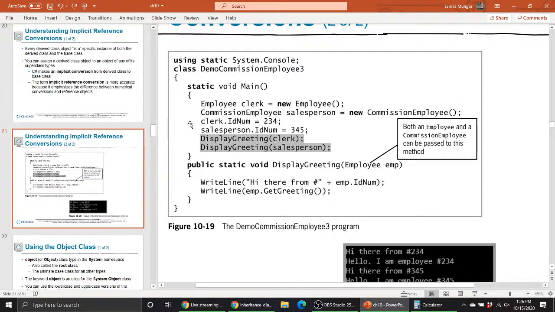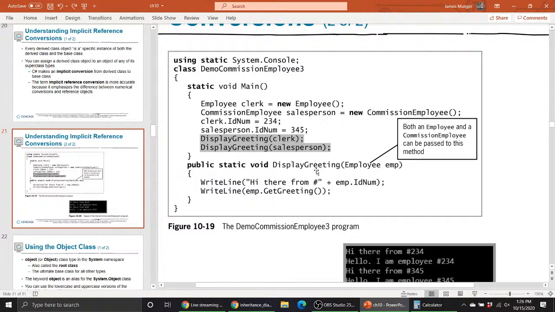And then we're setting the ID numbers using the properties. And then down here, they've created a display greeting static method of the main class. Okay. So that makes it kind of like a function. That might just be confusing. So anyway,